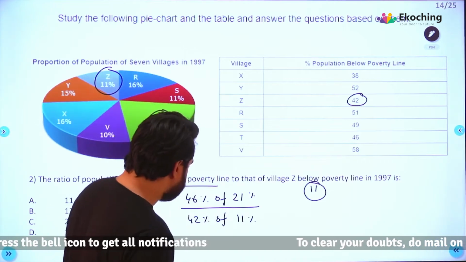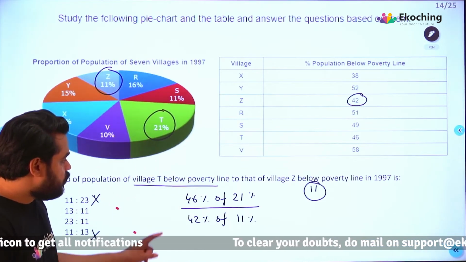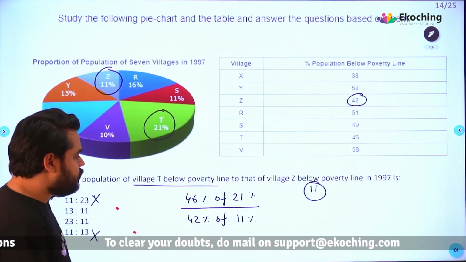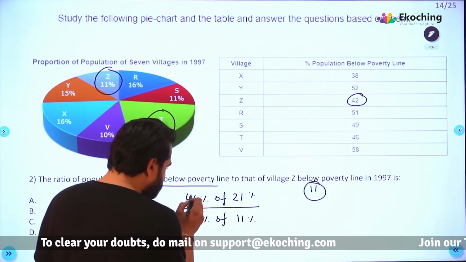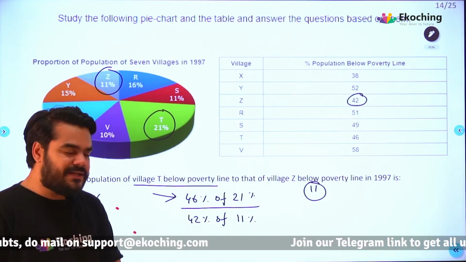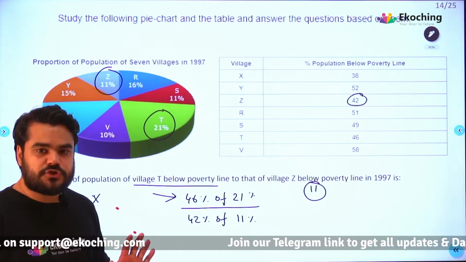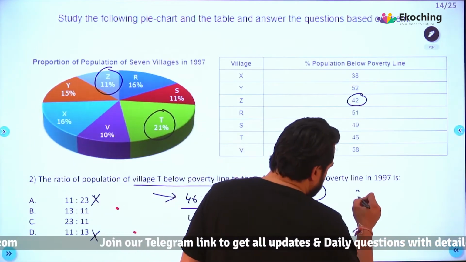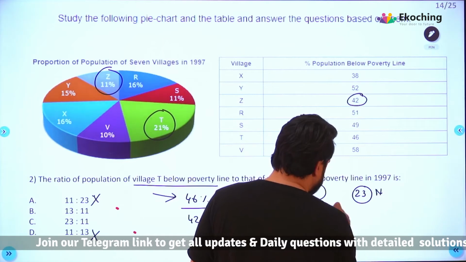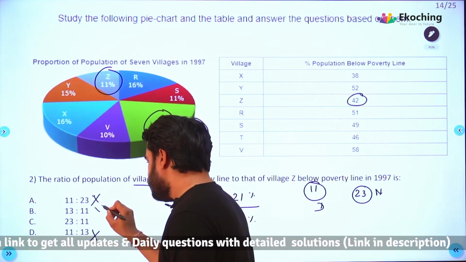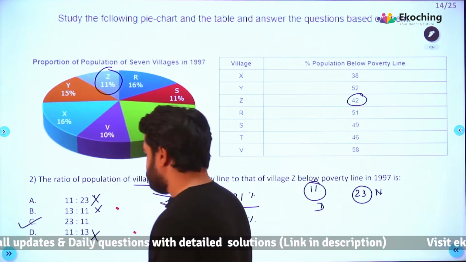वापस आते हैं. ओके, न्यूमरेटर में 46 है, 23 इंटू 2. ओके, 46 जो है ना वो है 23 इंटू 2. डिनोमिनेटर में 23 जैसा कुछ दिख नहीं रहा है, 2 कैंसिल हो जाएगा फॉर श्योर, बट 23 को आप कैंसिल आउट नहीं कर पाओगे. तो 23 भी न्यूमरेटर में होना चाहिए. सो B कैन नॉट बी द आंसर, ओनली C कैन बी द आंसर. दैट्स इट.